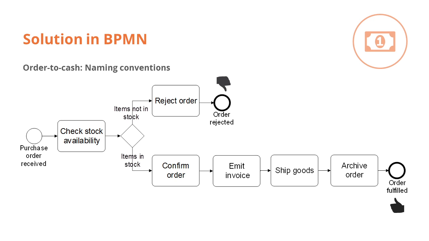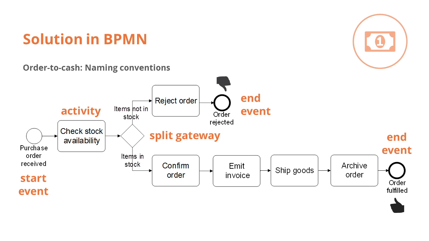Now, we have a start event, two end events, 6 activities, and one split gateway. We say that a gateway is a split if we receive one incoming arc and then we create 2 or more outgoing arcs. Now, looking at this process model at a glance without going into the details of the labels of the various activities,